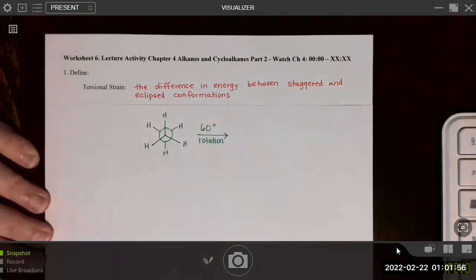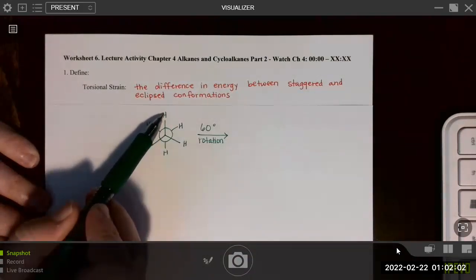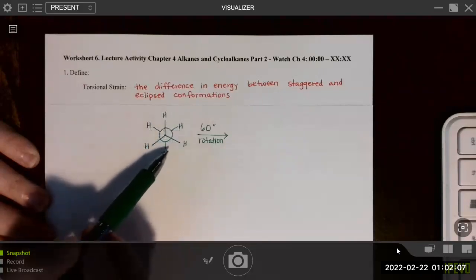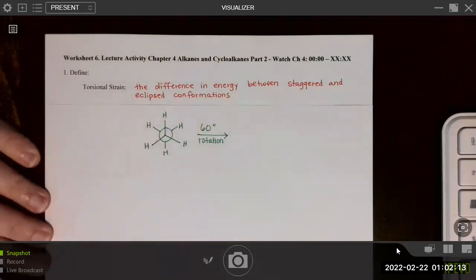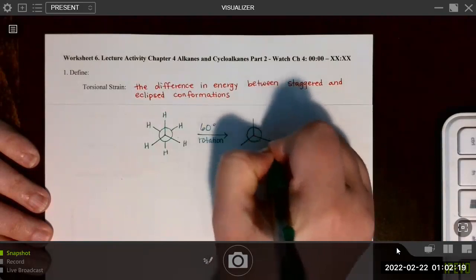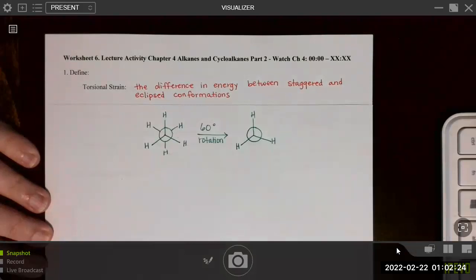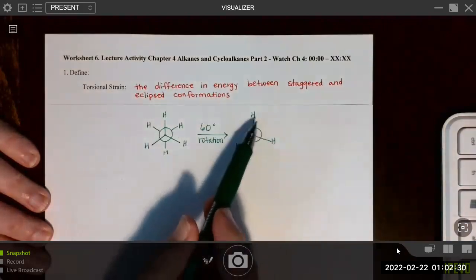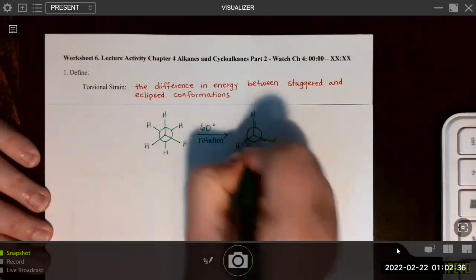But let's imagine that we're going to rotate the back carbon. That means that this hydrogen would move 60 degrees this way if we're going clockwise. And then this hydrogen would move 60 degrees this way, and this one would move 60 degrees over here, and we would have an entirely eclipsed conformation. If I'm rotating the back carbon, then I'll just draw the front carbon with the hydrogens in the same place. And then if I want to draw an eclipsed conformation, I can just try to do it as close to behind the front groups as possible. Right, so we might do something like this.